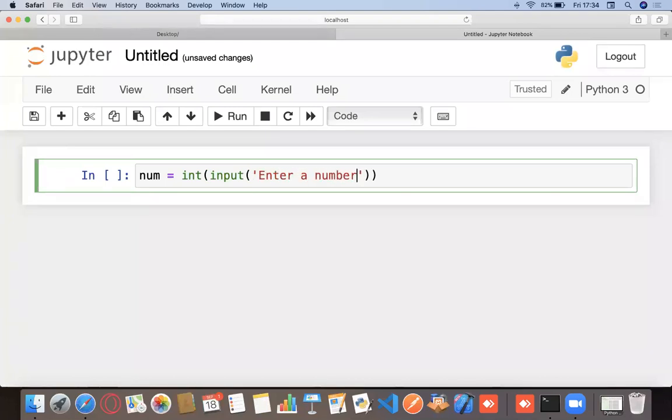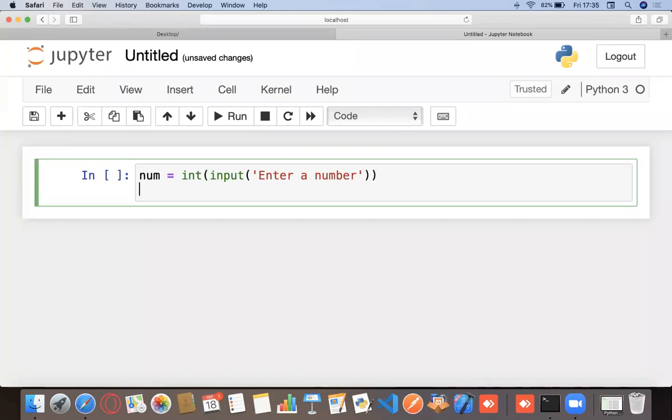Now, based on whether it's divisible by 2 or not, I want to say that it's either even or odd. To check that, we need some conditional statements. I'm saying if it's divisible by 2, if it's not divisible by 2.